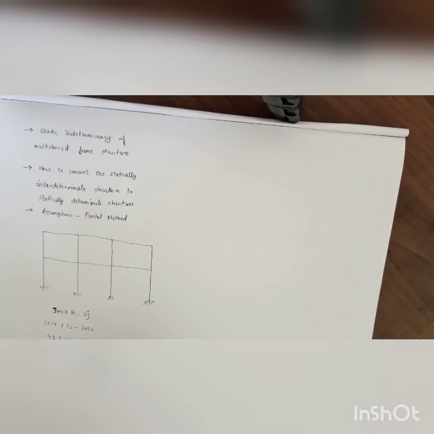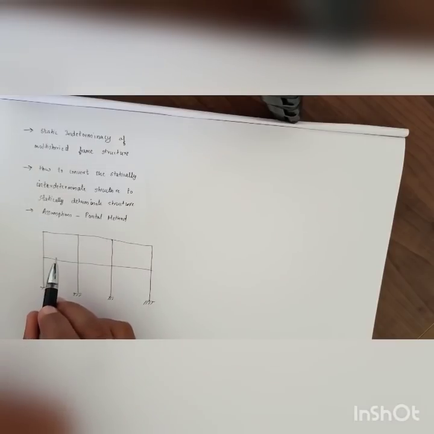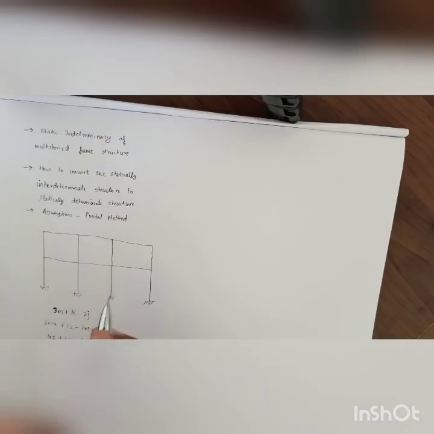There is another method, I am not discussing it right now. You can find this with a simple equation using the number of closed loops. Anyway, I am not interested in teaching how to do that. Our present idea is to show you the assumptions involved in the Portal method. So now this structure is actually indeterminate with 18 degrees of indeterminacy.